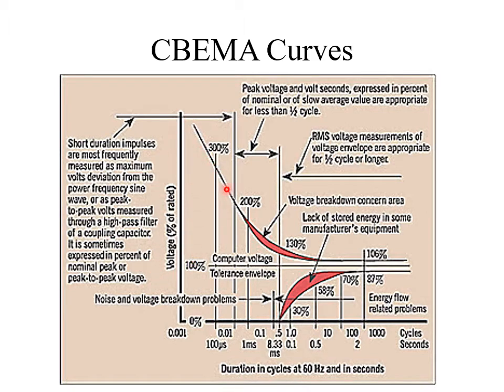And you see, these are the tolerance envelopes. After 2 seconds, the tolerance envelope for the steady state voltage is between 87 percent and 107 percent, and below 2 seconds or 100 cycles, there is some flexibility. At the earlier stage it is more flexible, and it can tolerate up to 300 percent of voltage, 0 to 300 percent. Like this, you can get the information from the curve.